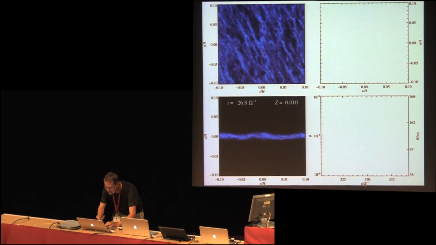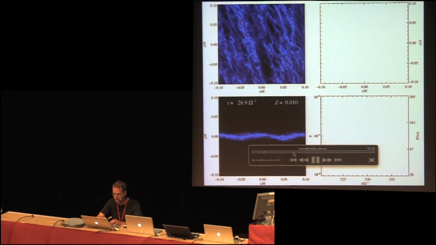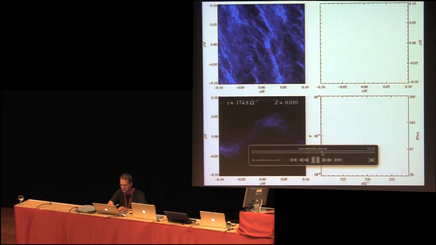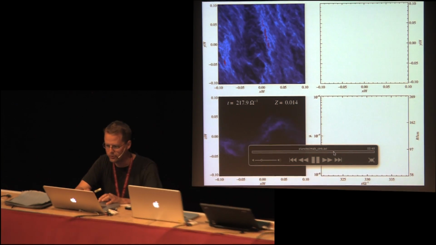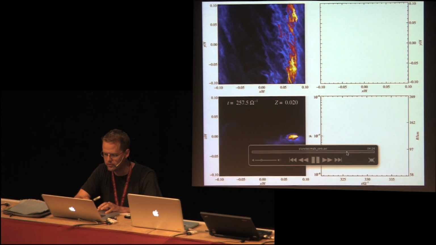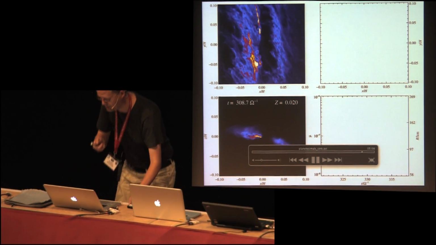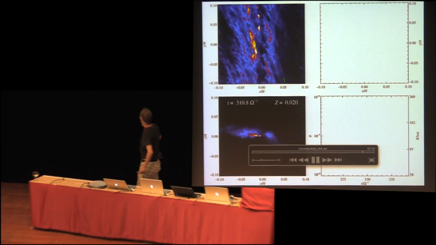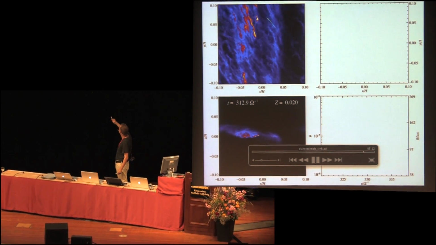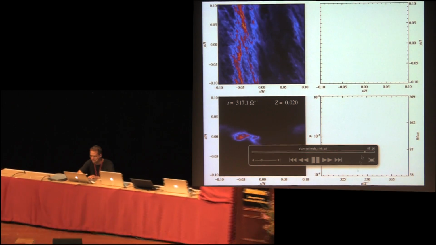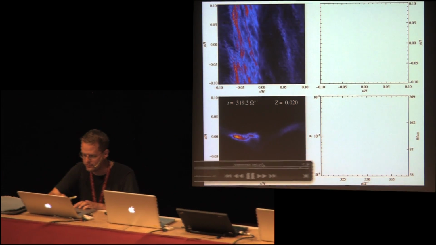So I'm going to skip a little bit ahead in this movie, and I'm going to show you what happens when we increase the metallicity now to 0.02. So we're going to remove half of the gas, because nothing happens at 0.01. And then I'm actually going to skip a little bit further ahead, like here. And then I'm going to show you these filaments which form. So here we get a dense filament forming by the streaming instability. Here you see it from the side. Let me just move this one here. And now as the filament forms,